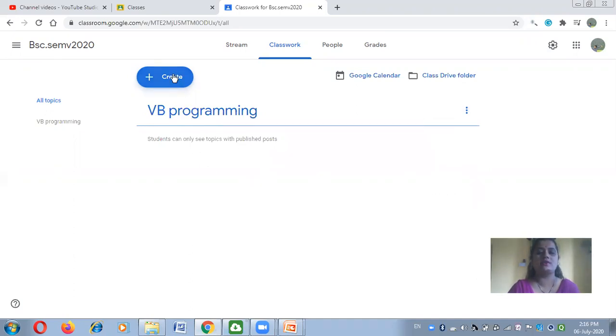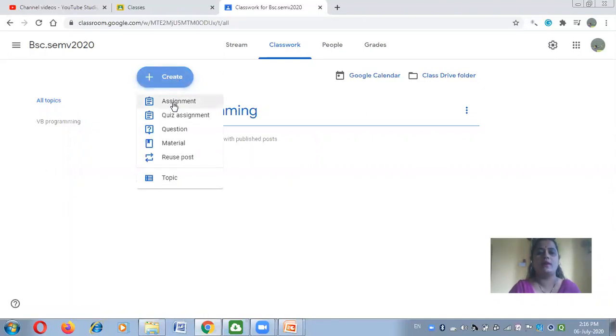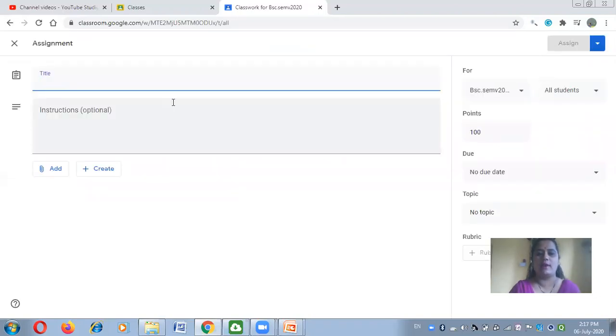Now I want to assign some work based on Visual Basic Programming to my student. For example, an assignment. You just click on assignment and give the assignment title. My title is Visual Basic Programming. Then the instruction.